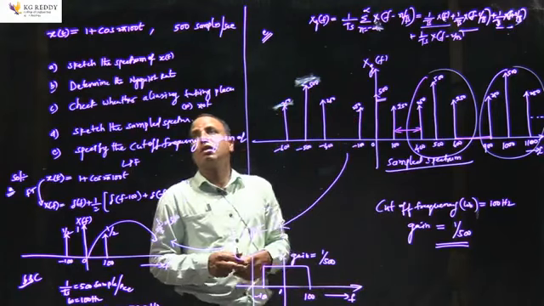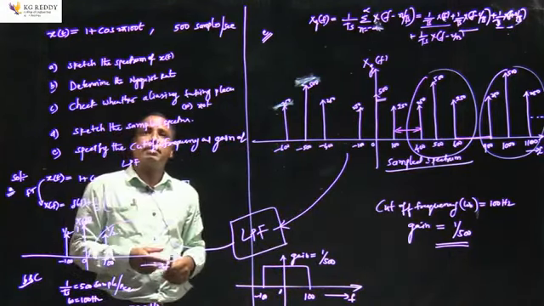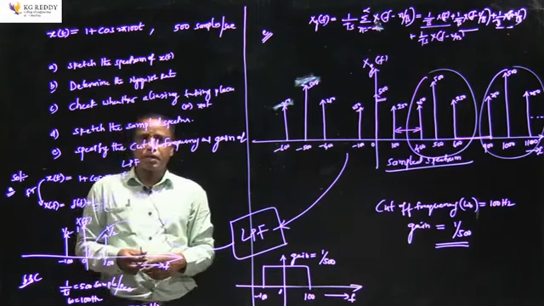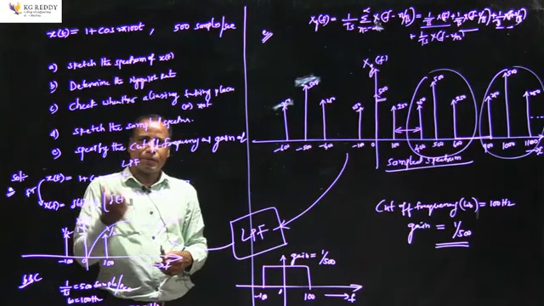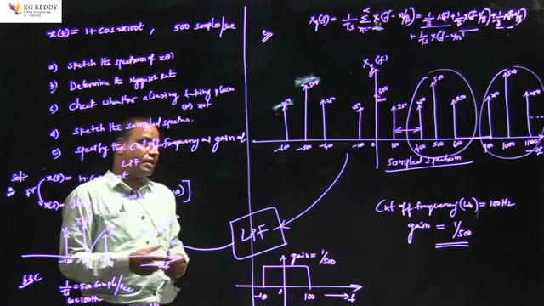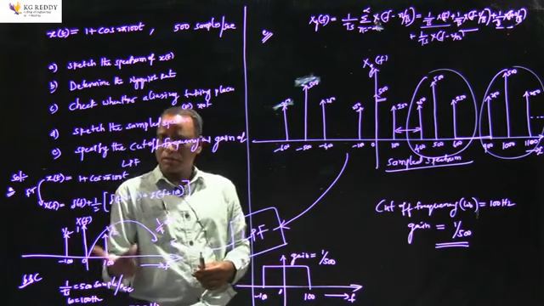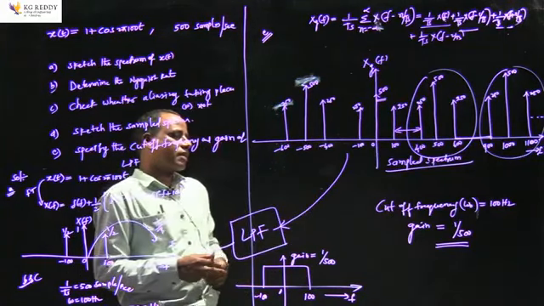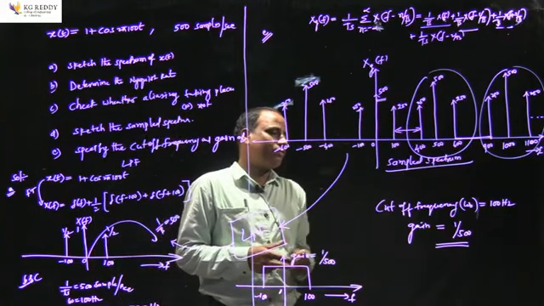In this way we can determine the spectrum before sampling, and we can also determine the Nyquist rate, and similarly we can check whether aliasing is taking place or not. We can sketch the spectrum, the sample spectrum, before sampling and after sampling, and we can even design a low pass filter by which the original spectrum can be reconstructed from the sample spectrum. In this particular case, the filter has to be designed with a cutoff frequency of 100 hertz and with a gain of 1 by 500.